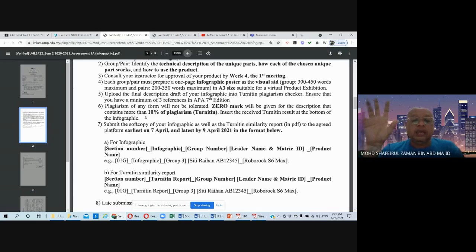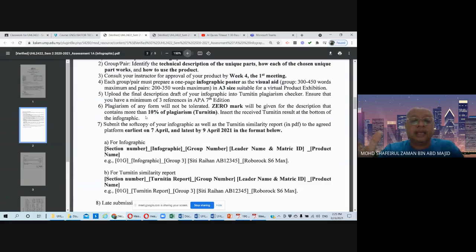If it happens that any group or pair receives more than 10% on the similarity index report, I will ask the group or the pair to redo the draft.